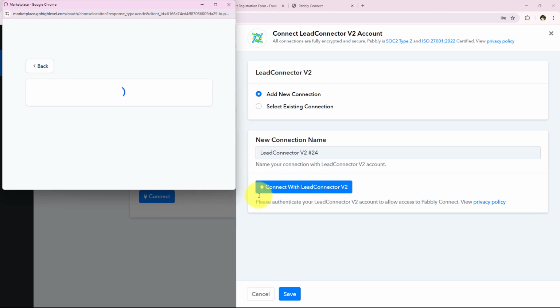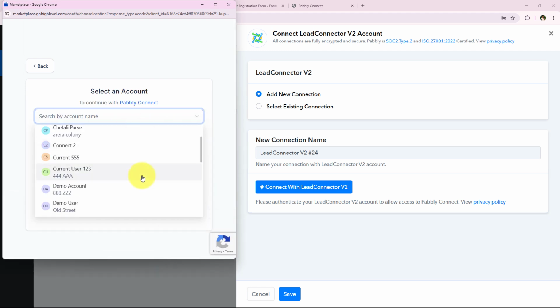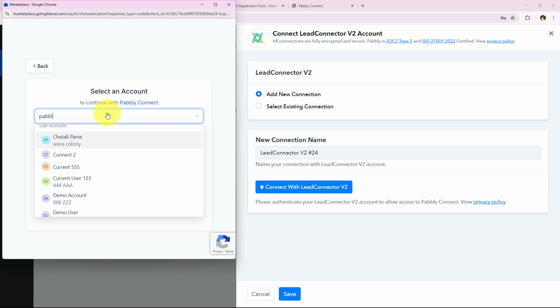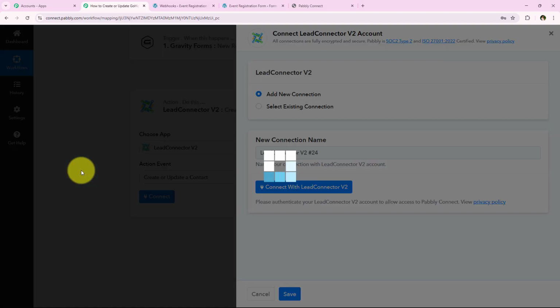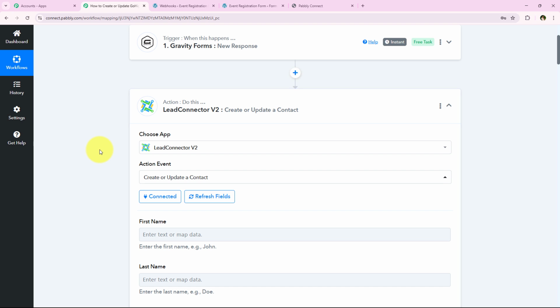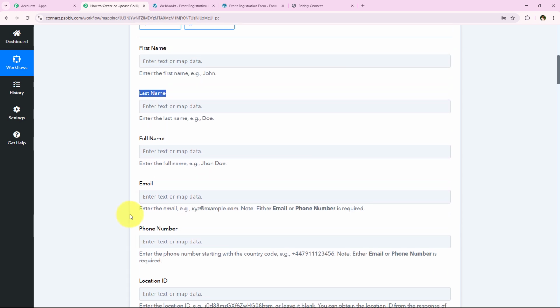As soon as we click on this blue button, Pabbly is going to ask me to select my account. So I'm just going to select my sub account. I'm going to look for my sub account, which is Pabbly Connect, right over here, so I'm just going to search for it. You have to keep in mind that you also have to select the sub account. As soon as you select the sub account, you can see authorization successful. With this, we have successfully created a connection between our Lead Connector V2, which is the GoHighLevel account, and our Pabbly Connect workflow. And now it is asking me for details like first name, last name, and other details